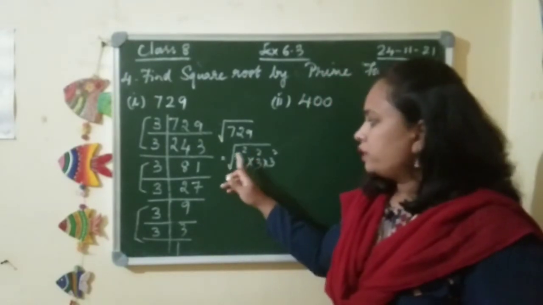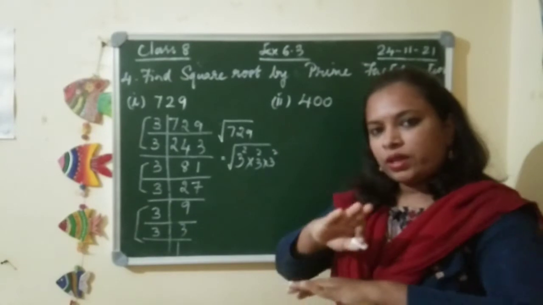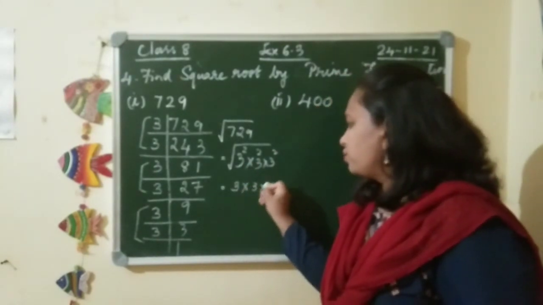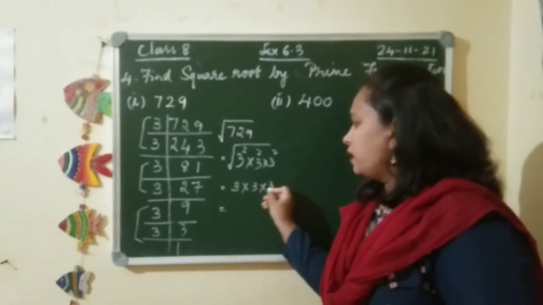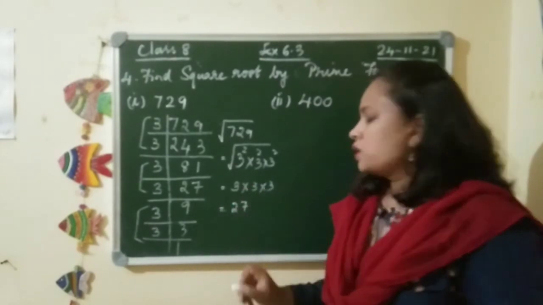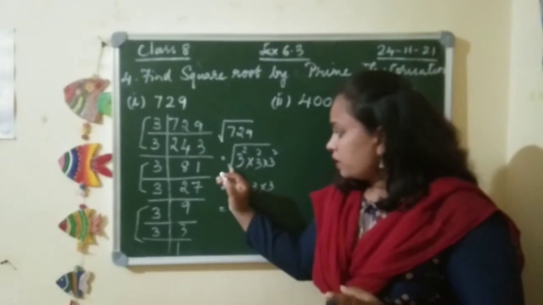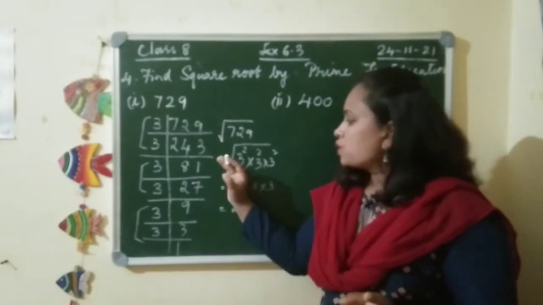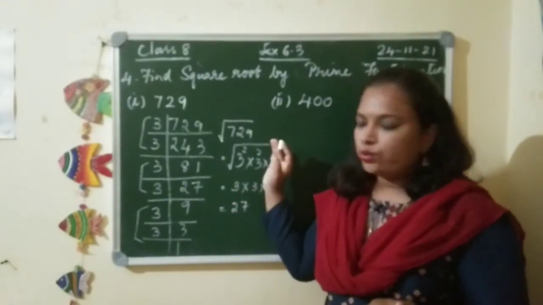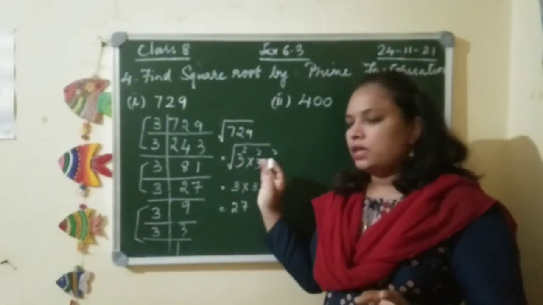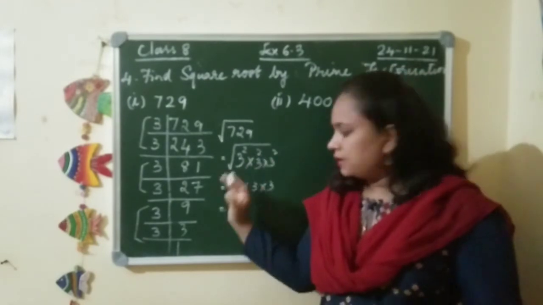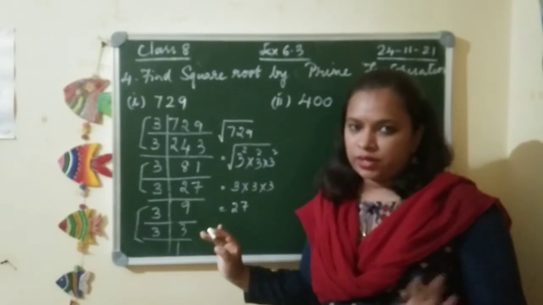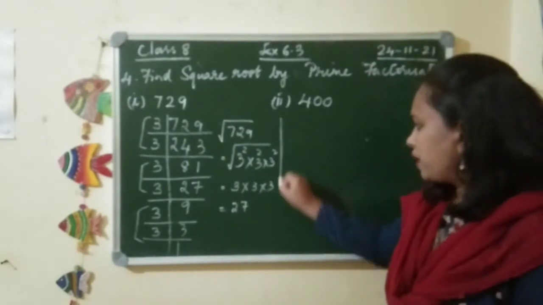So now whenever you have a square and a square root, we can easily remove them and you will be left with 3 into 3 into 3. So 3 3s are 9 and 9 3s are 27. Once again, when you have a square and a square root, you can remove them. Here the square root is over all these three numbers, so it gets cancelled and you will be left with 3 into 3 into 3, which is equal to 27. Now let's see the next one.